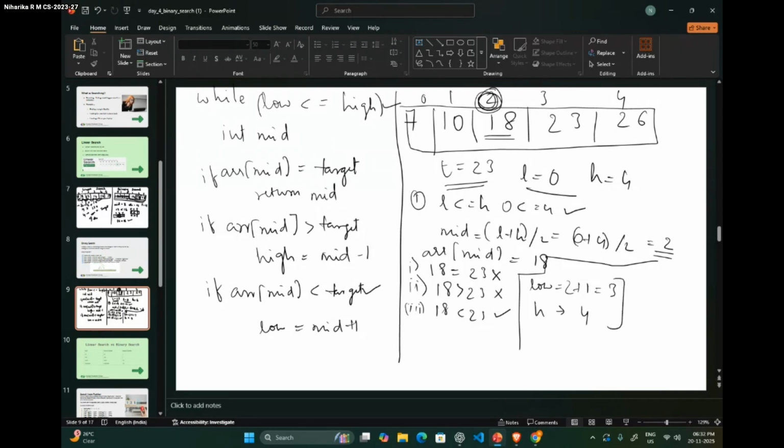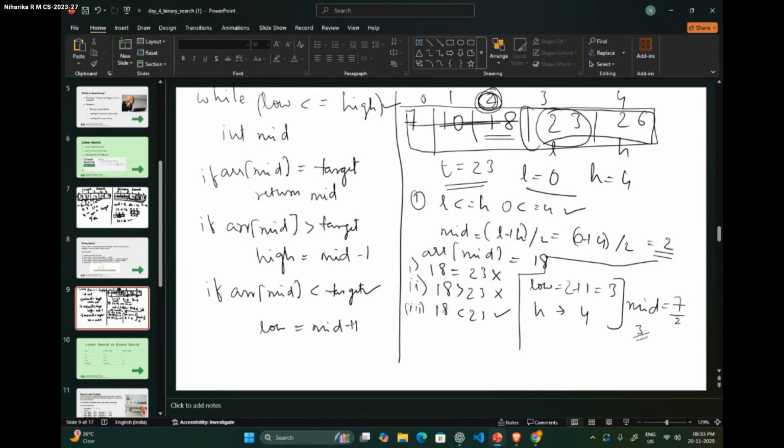And here when we find the mid of it, we get 3 plus 4, 7 by 2, is equal to 3 only. So here, this is our new low, this is our new high. So we are completely discarding this subarray. So it is just these two here, and our mid element is 3, because since we only have two elements and integer doesn't take the decimal value, so it is 23.